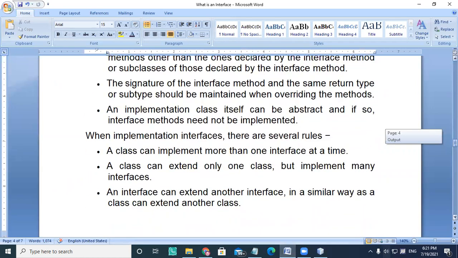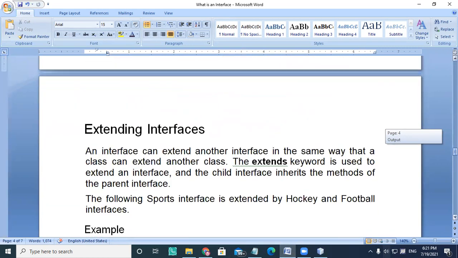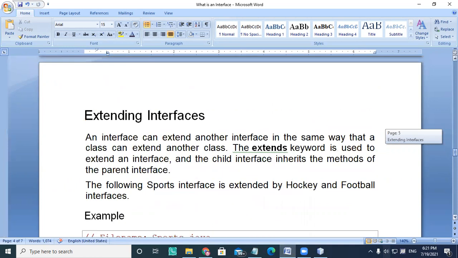So you can see this implementation of the interface, and there are several rules we see here. Extending an interface means you can do inheritance in an interface also.